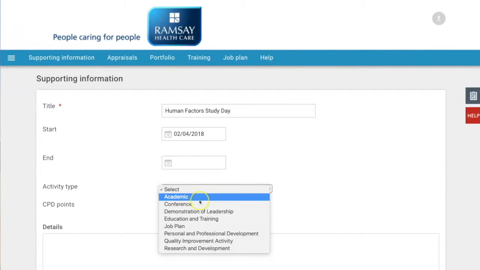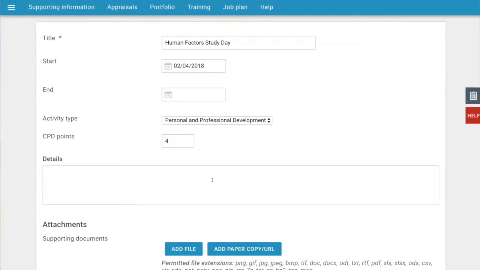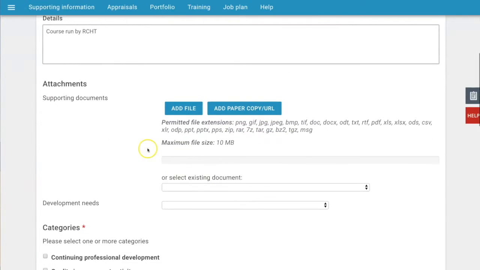We don't have to state exactly what type of activity type it was, but I'll call it personal and professional development. I want to claim 4 CPD points because that's what I got awarded in the certificate. If we want, we can put details of the course, but you can see there's no mandatory thing to fill in there. Now, we've got a choice here as to whether to add a paper copy, and I would strongly advise you against that,